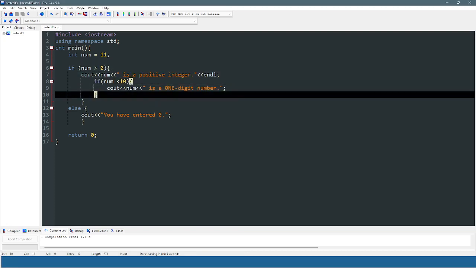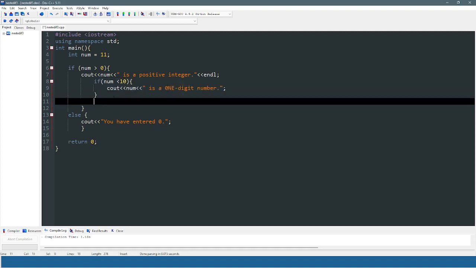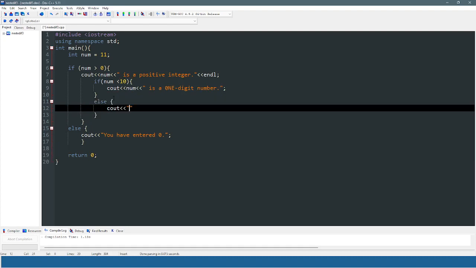Now, what if we wanted to create an else? For example, if the nested if is false, then it will execute another thing. So obviously, we can still create another else, and then let's say cout num, you've entered more than 1-digit